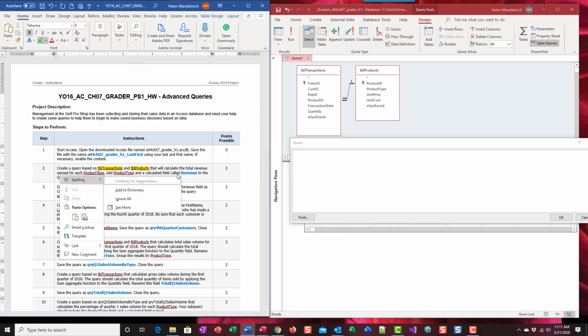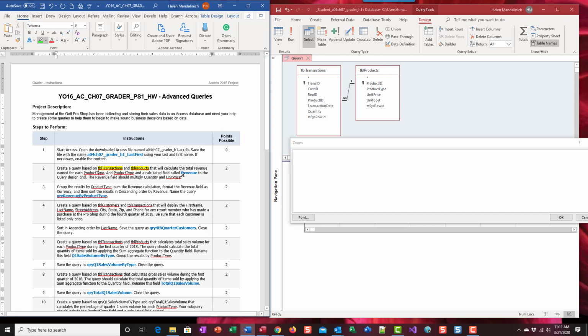And we already put in product type. So I'm going to put revenue, colon, and then I have to figure out what the calculation is. So it says the revenue field should multiply quantity and unit price. Okay, so to the right I'm going to put that formula,